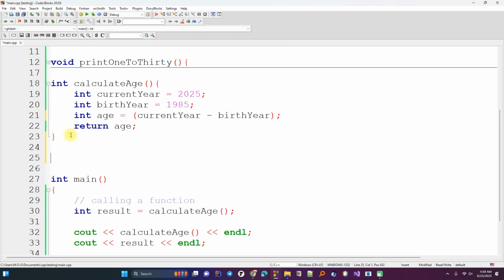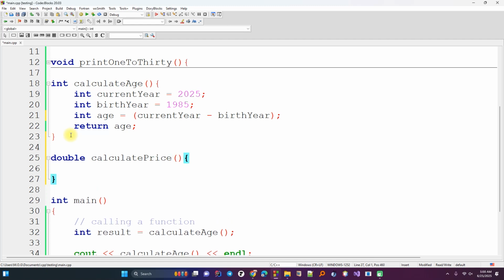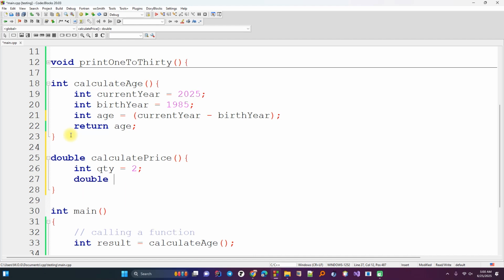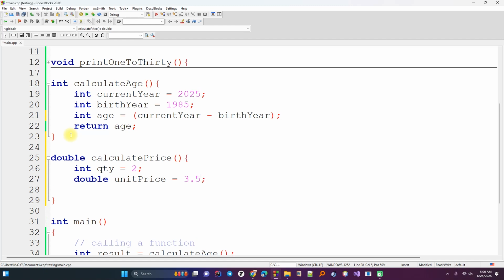So int, this one I'll give a return type of double. Calculate price. So to calculate the price, what do we need? We first need the quantity of the product. So let's say the quantity is 2, and then the unit price of the product is 3.5. Okay, so with this, the total cost is going to be the quantity